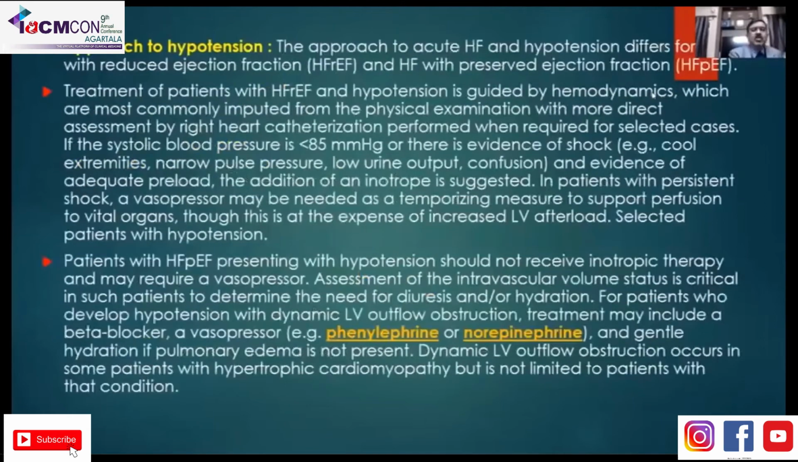Now, what to do in hypotensive patients? Of course, here we have 2 choices: to use inotropes when there are features of inadequate cardiac output. That is the first line of choice. But frankly, if there is hypotension below 85 millimeters of mercury, vasopressors should be used, and here inotropes may not